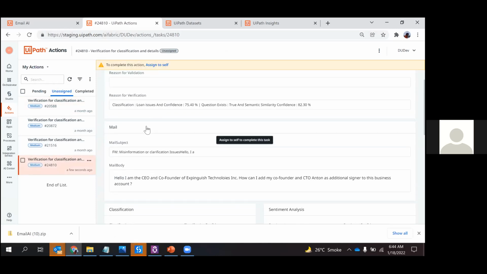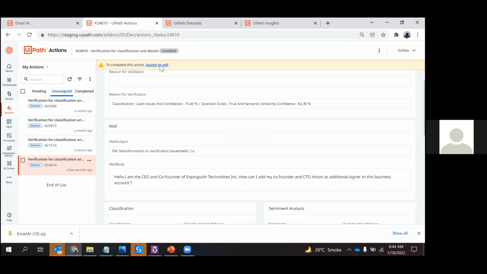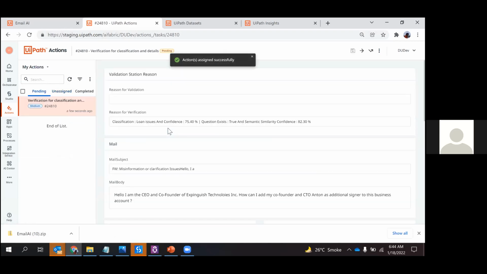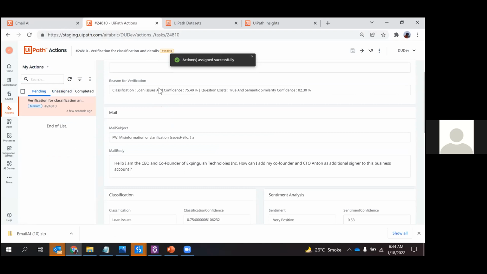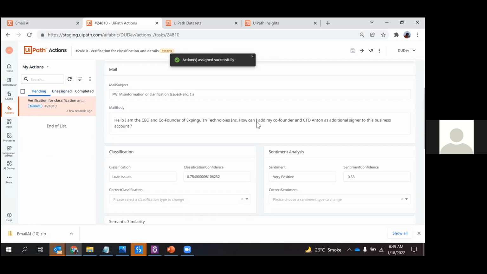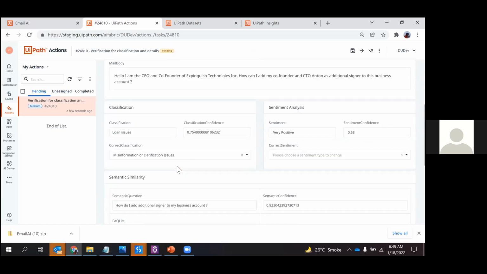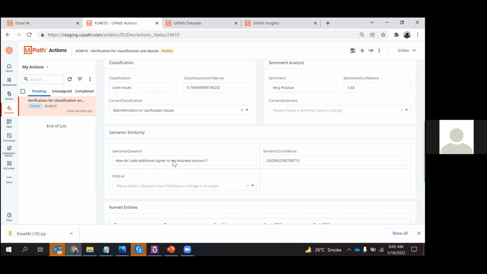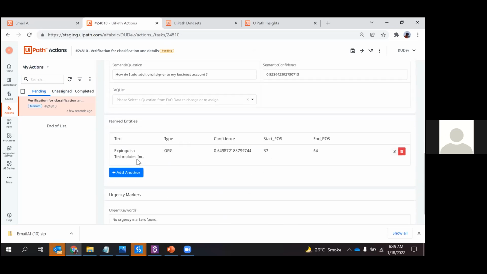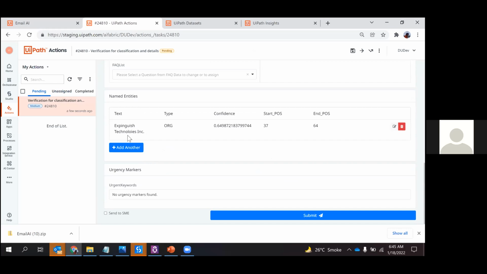And in this case, again, it said that, hey, I was supposed to answer questions only when it was a misinformation or clarification issue, but it seems that it is a loan issue, but the question still exists. And in this case, yeah, it's straightforwardly wrong. It's a misinformation or clarification issue. And it identified the right question. And it also extracted the entity. So we can actually associate this email to a particular organization in a CRM system or in an ERP system also. In this case, we'll press submit